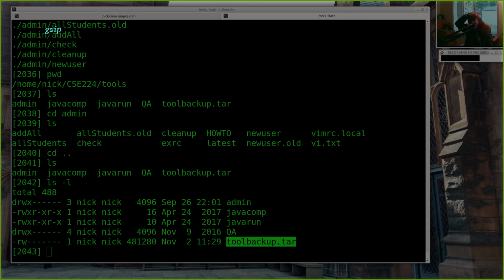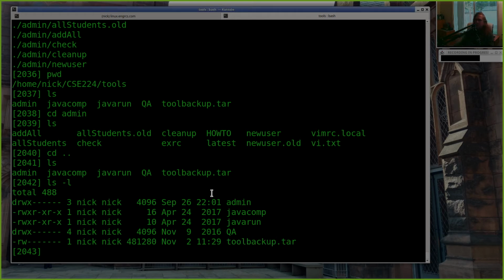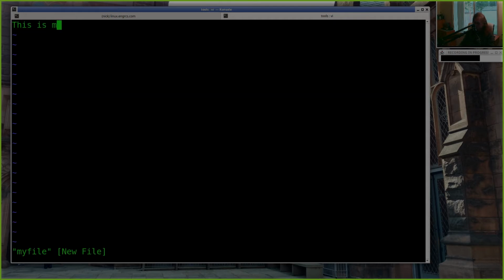A command you'll see similar to tar is gzip. And gzip is just a compression utility. Basically you can just say gzip any file and you'll get a compressed version of it. So let's make a my file.